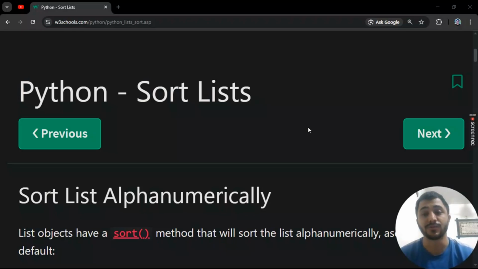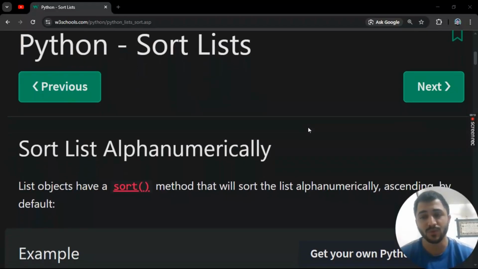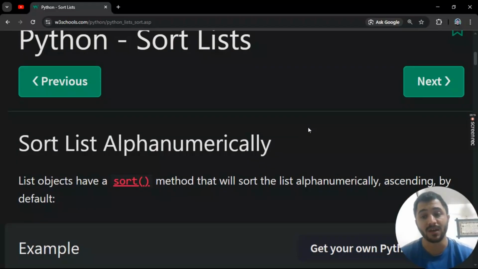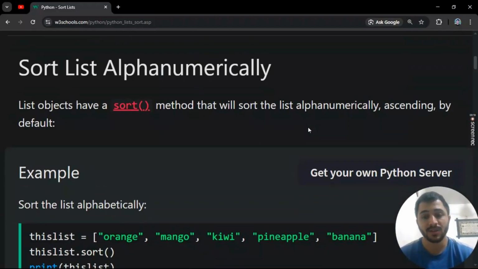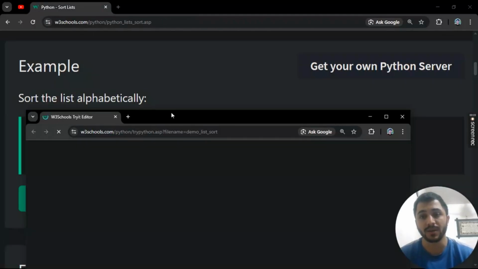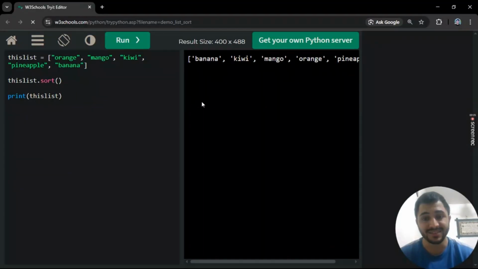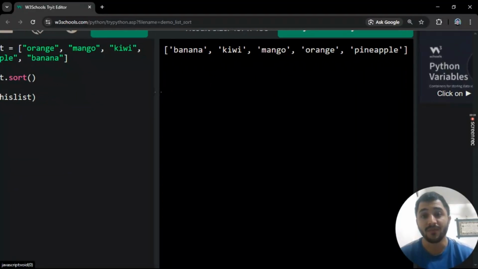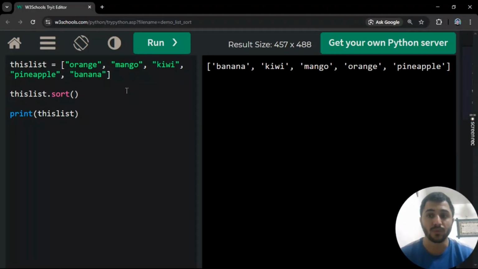Now in this section, we are going to learn Python's sort list, and we will be sorting our list by using a method called sort. Using this method, you can do sort and it will automatically be in ascending form, alphabetically sorted. So if you have many items in your list, like we have a bunch of fruit names in our list, and when we apply the sort method to it,